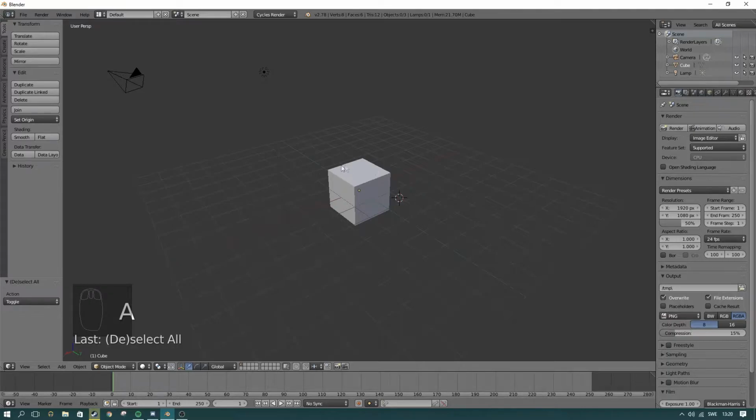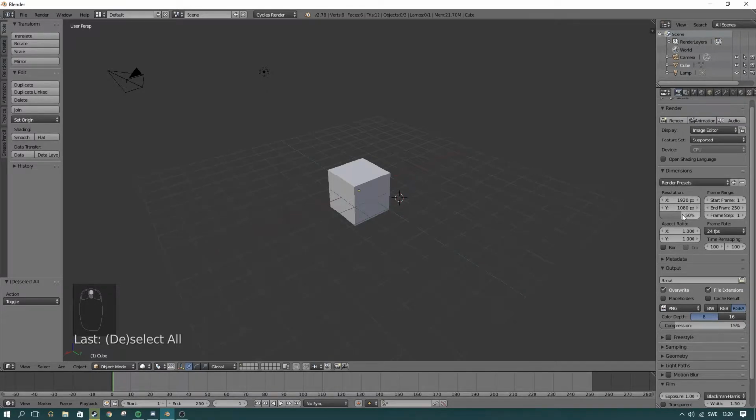I'm just gonna deselect everything. Let's say we want to change the color, or actually here you will have the render settings. Just keep this at 50%. That is the resolution it's gonna render, and keep it at 50% until you're going to render your image and export it to maybe a PNG file or a JPEG file. Then you're gonna drag it up to 100% when you're exporting it. But anyway,